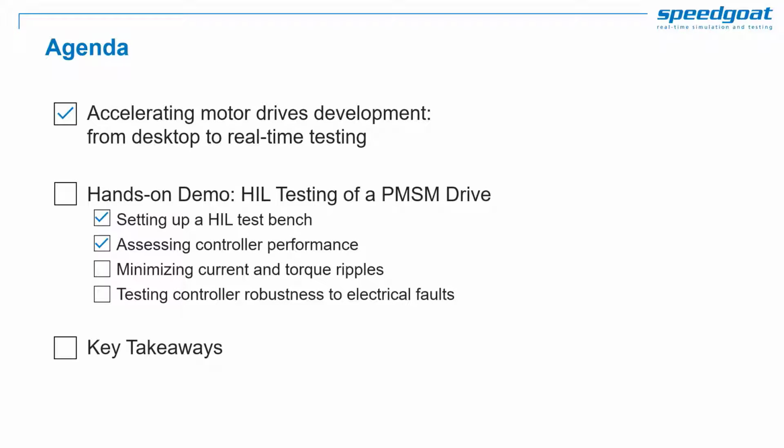We are now satisfied with the basic performance of our controller. However, as we want to avoid any surprises in the final product, we will try to minimize current ripples linked to switching events, which can cause torque ripples in the motor, responsible for noise and EMC problems due to unwanted harmonics.